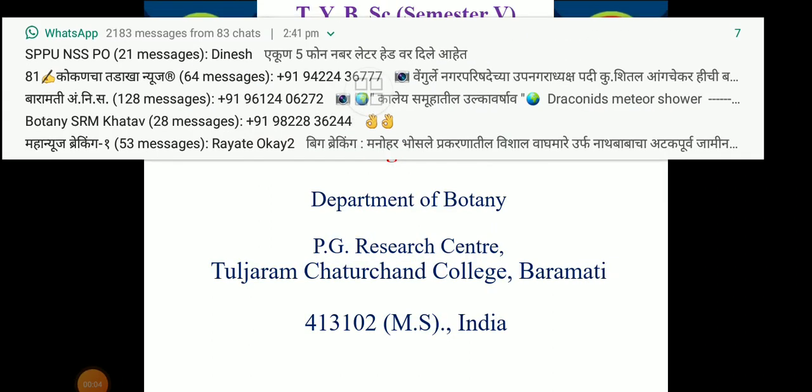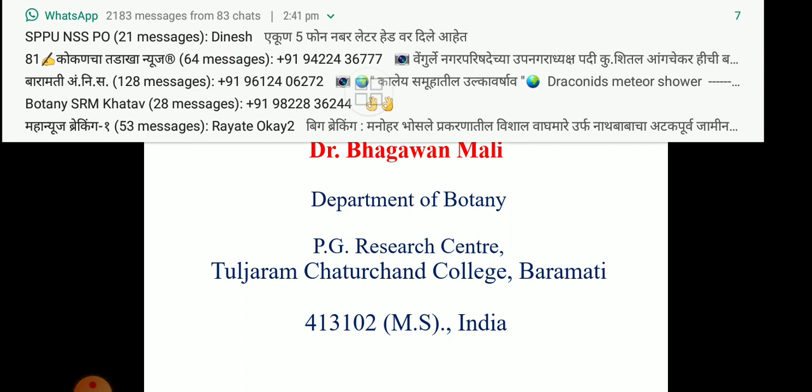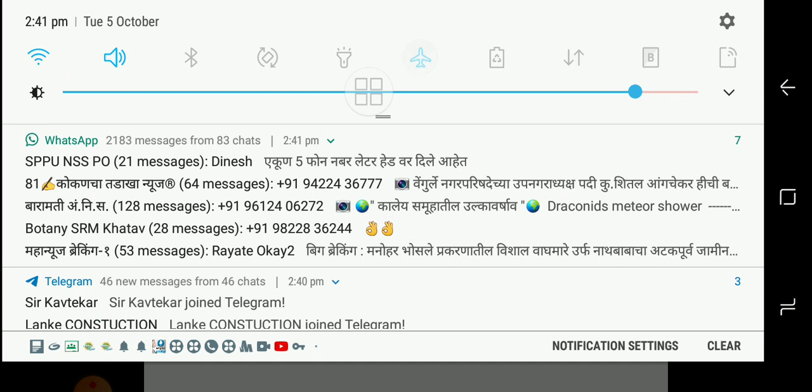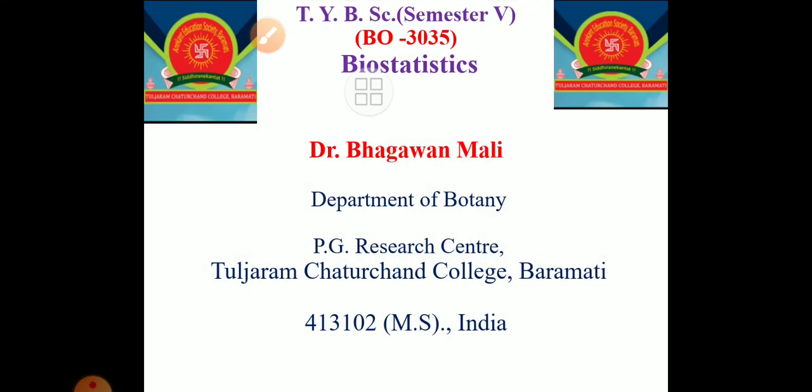Student, in the last lecture we got an idea about a very interesting unit. We have commenced the new unit, that is correlation and regression. From that we got an idea about correlation, types of correlation, and two methods which are used for the measurement of correlation. Out of that we got an idea about the graphical method of measurement of correlation. Now today in this lecture we will get an idea about mathematical methods of measurement of correlation.